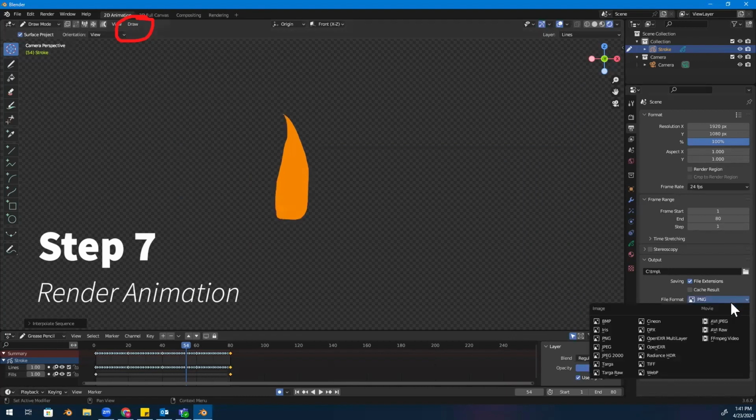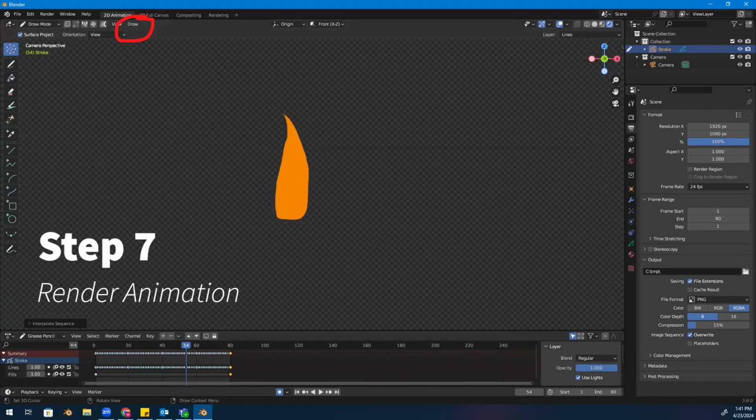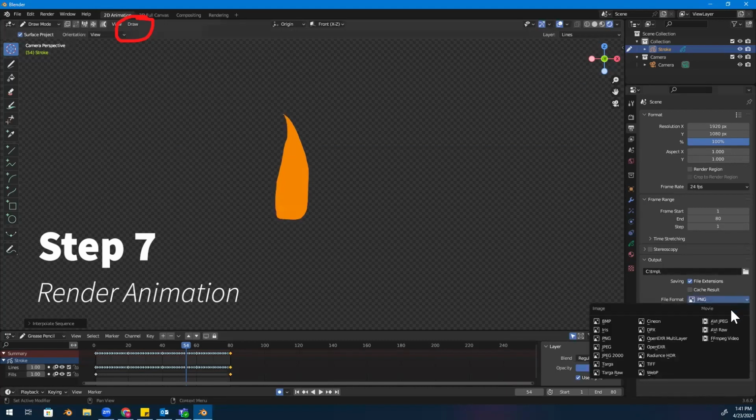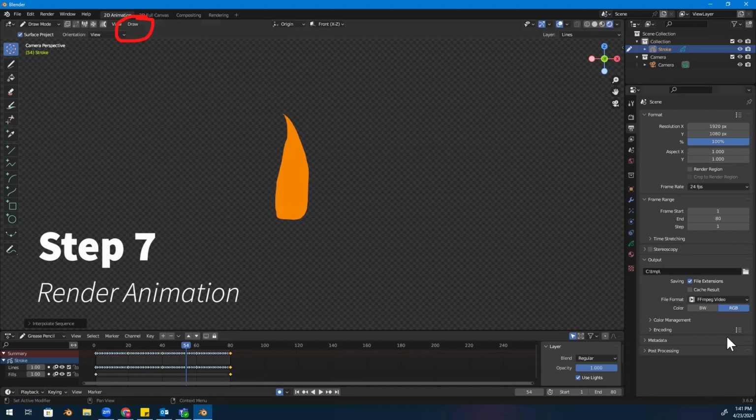Let's see, I'm going to save this as a video file. I'm going to save this as an FFmpeg video because I want to make sure that this moves. If I saved it as a still photo, then we wouldn't see that cool animation that we've made. And once I've done that, I can go to render at the top, let it render, and then save it. And that's how we get our